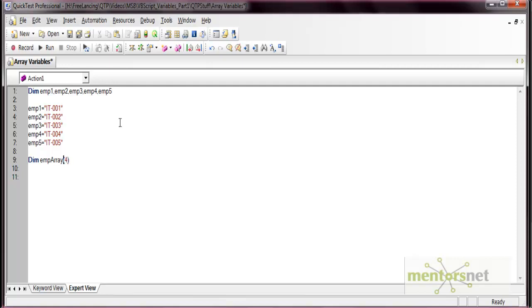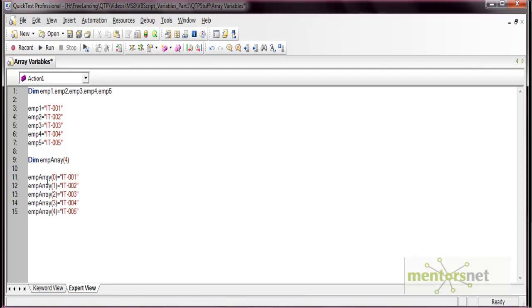Okay, now to define values in the array, the method is like this: emp(0), and here it is defining the first index value. Okay, in the similar manner you can define all the 5 values. Like this way an array can be defined.